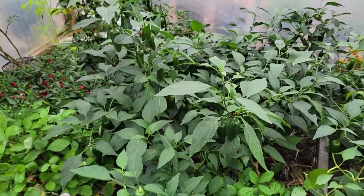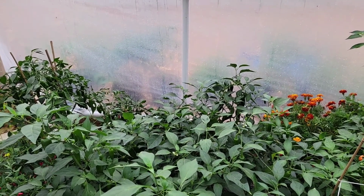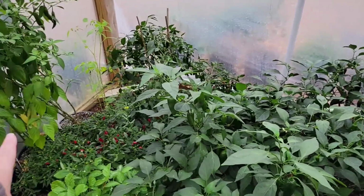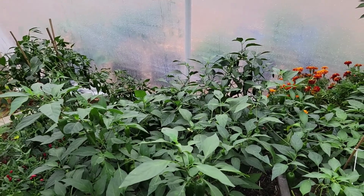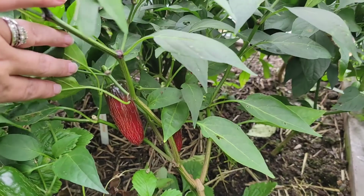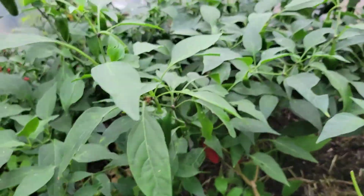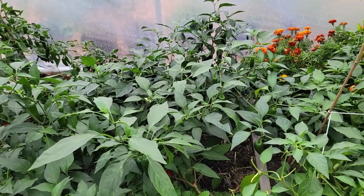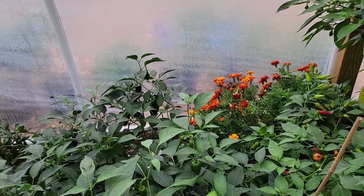And then jalapenos all here. These jalapenos we are going to take out as soon as the weather gets too cold for outside. And then we'll bring the grow bags that we want to keep in this whole area here to help with the cold nights as we're heading towards our first frost. I've got a bunch of jalapenos though to pick, but they are delicious whether they're ripe or not. And we've already smoked a bunch and dehydrated some for moritas, which we use for making our favorite Rick